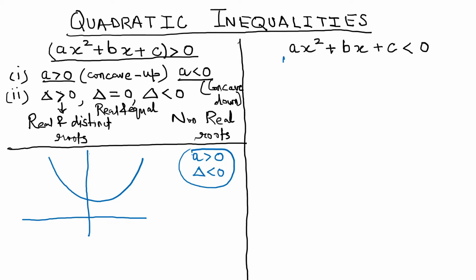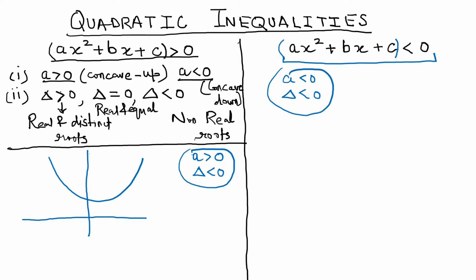What is the hint? If I have to understand ax square plus bx plus c being always less than 0, in that case a should be negative and delta should be negative. These are the two basic conditions if I am interested in getting all such values of the domain of the function ax square plus bx plus c, such that the range of this function is from minus infinity to 0.